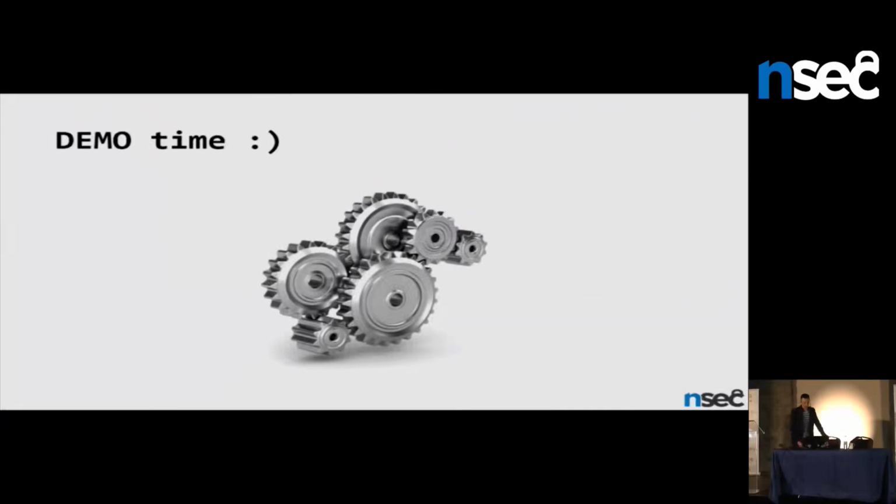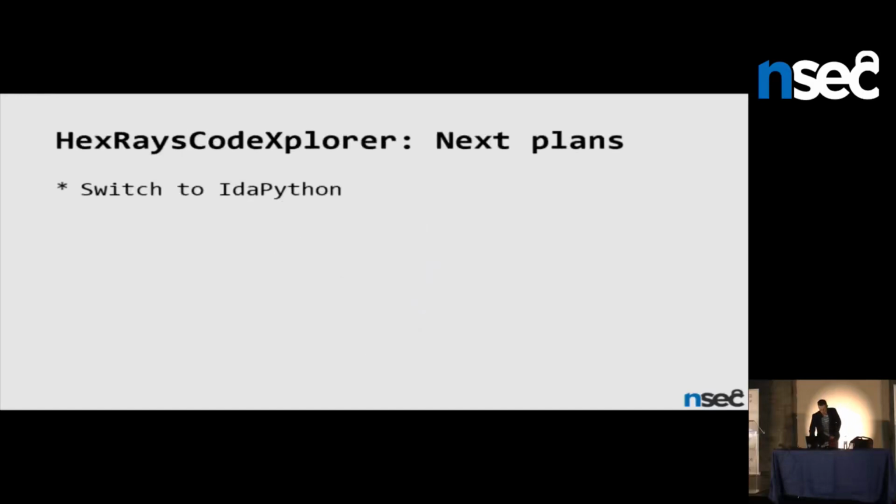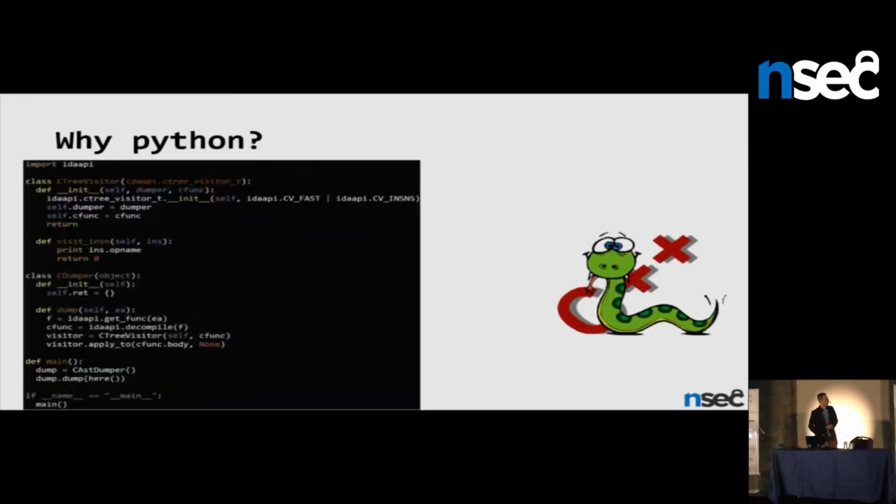Okay, let's go on. And just to wrap up the presentation, I would like to say a few words about the next plans for the project. So we are going to switch to IDA Python, because right now the plugin is developed in C++, and when we started to work on the plugin, there was no IDA Python interface. So we did everything in C++. But why Python? Because its interface now is more consistent. When a new version of the IDA or IDA SDK is released, the developers sometimes change something in the interface. So you have to,